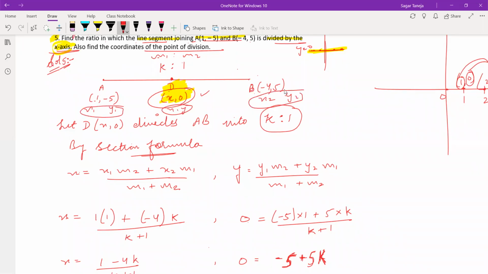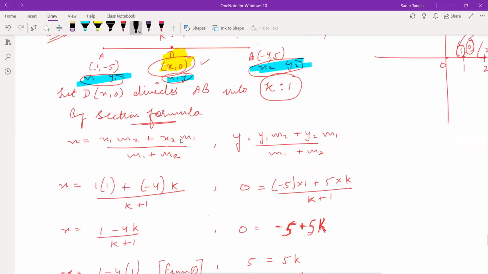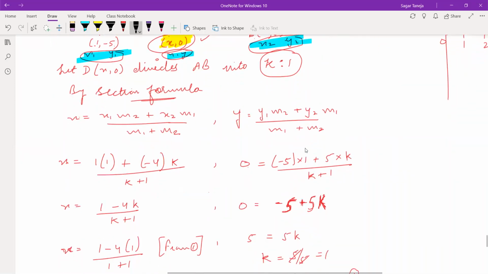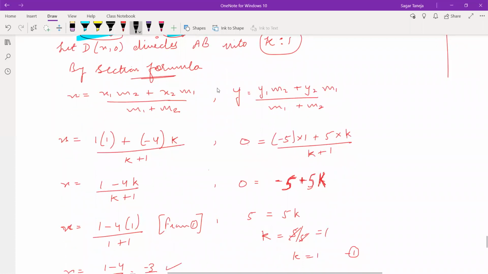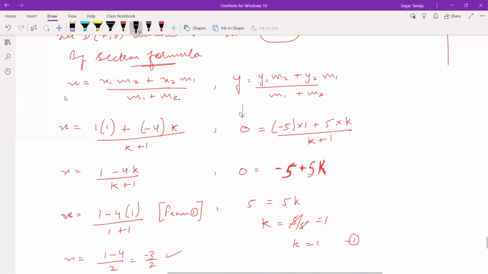I have written all the things again. These are the things you have to look for. These are all the values given. Where the value of x is not given, that is x only. Now after using the formula, you can put all the values. x we don't know, x1, m1, m2 all we have written. Understood, Ankur? Very good. Now here also you can put all the values. After putting all the values, in place of y we can write 0, but in place of x we can't write anything as the value is not given here.